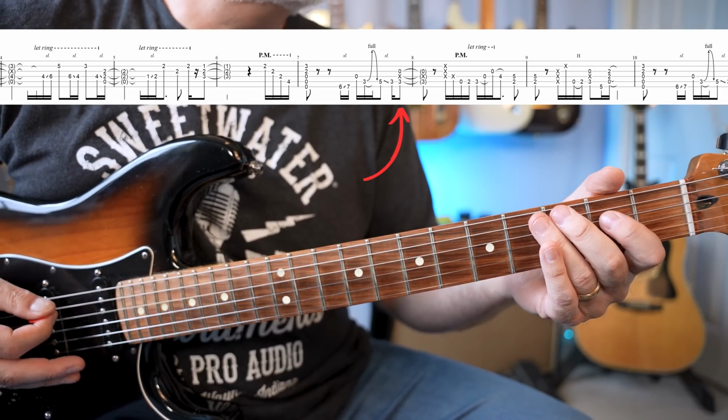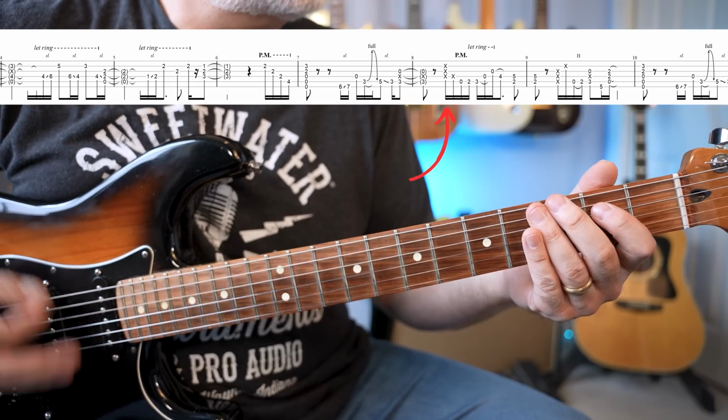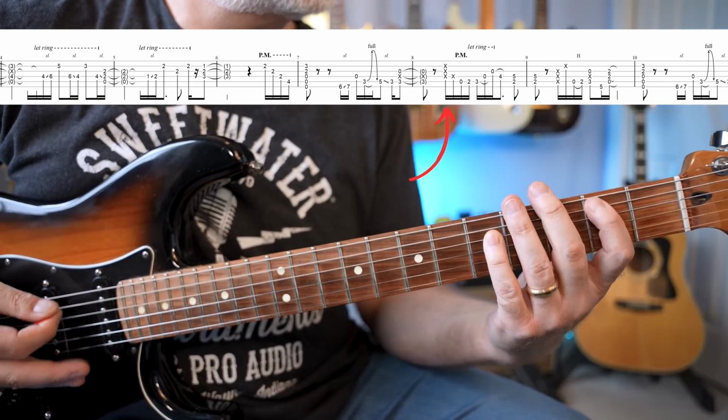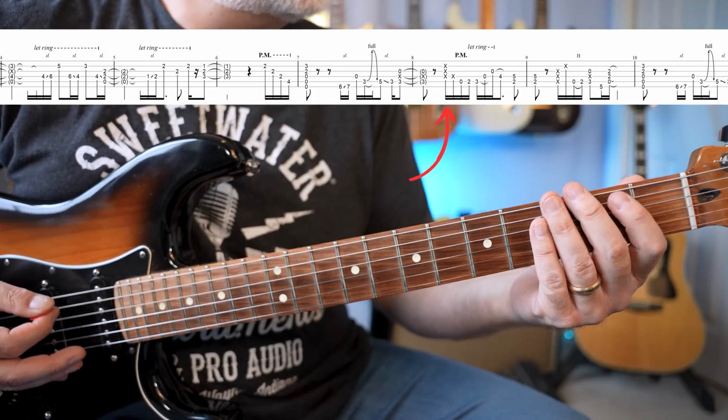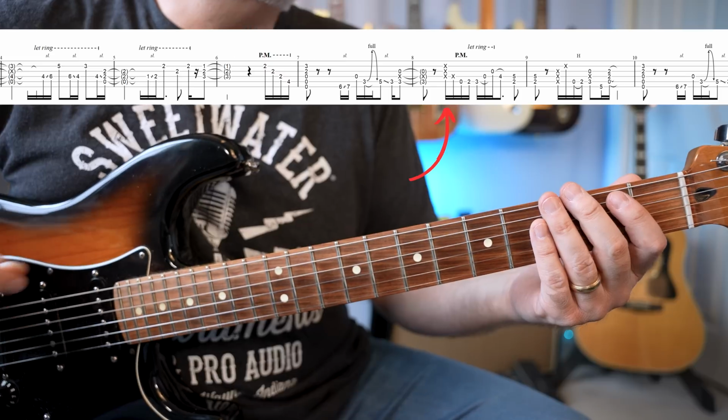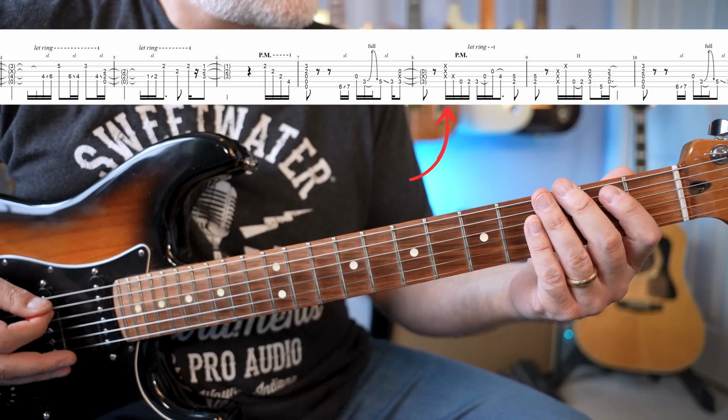And then in the next measure, there's some scratches there, which is cool. What we're doing there is, on beat number 2 of measure 8, we're going to do those scratches. I don't do 2 like it shows, I just do 1. And then you're going to go,